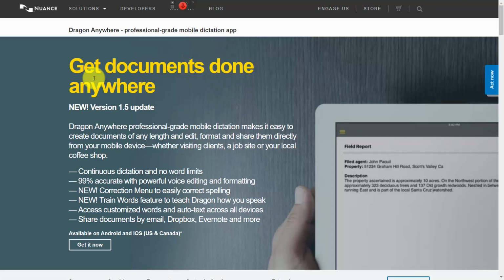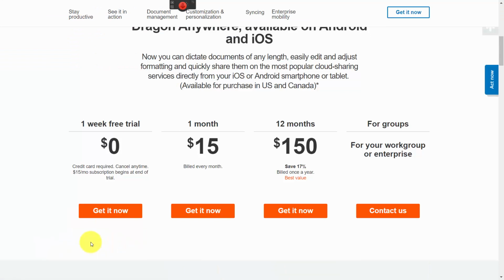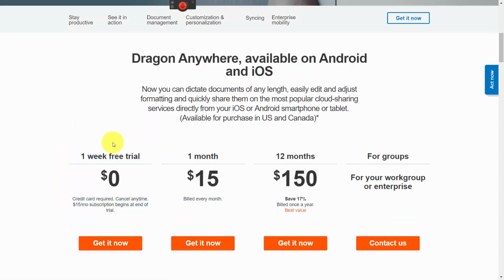on the Nuance website. And if you click the Get It Now link, you're brought to the trial area. And you can start a free trial. Just note that you are going to need to put in a credit card in order to start this trial. Now, user forums do recommend that you do get your subscription before you download and set up the app on